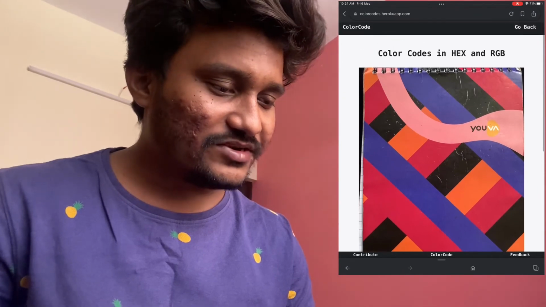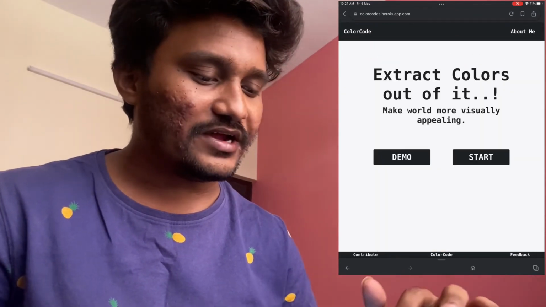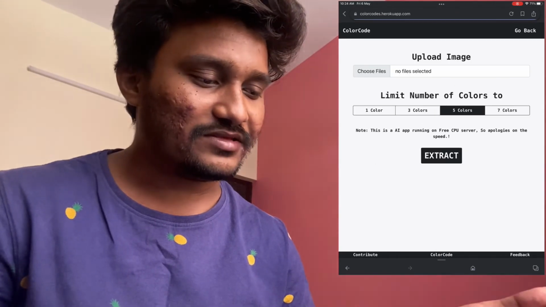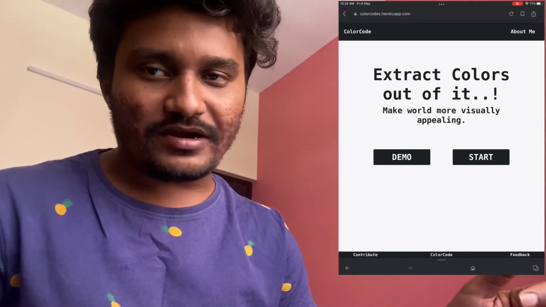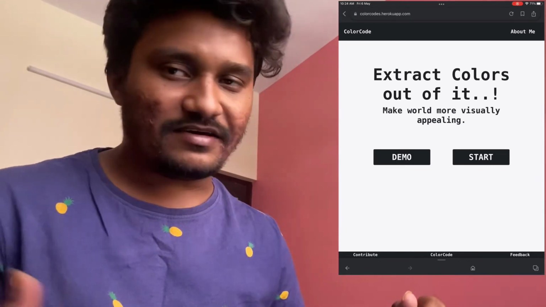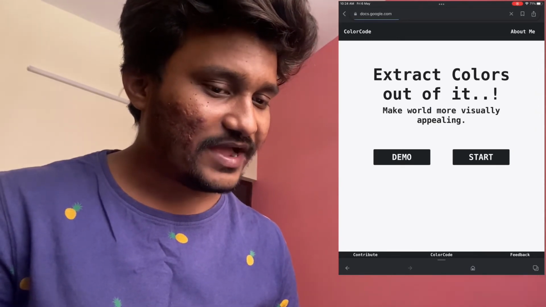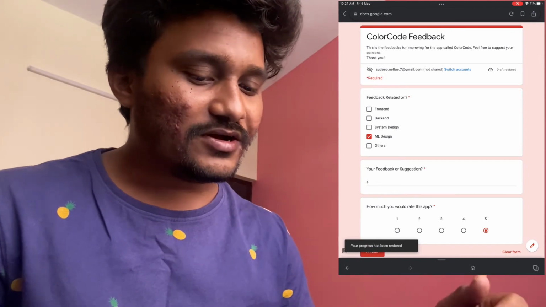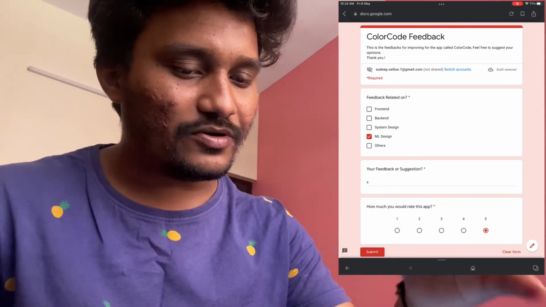So yeah, that's it about the app now. If you want to upload some more images, you can just go and do it for yourself by hitting this button called start. And lastly, coming to the second part of this session is the feedback one. So if you want to give me any sort of feedback around this app, you can go and hit this button called feedback that is present on the footer. That will take you to the Google form,